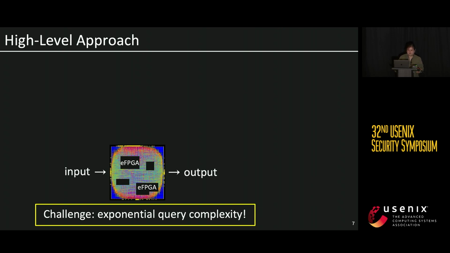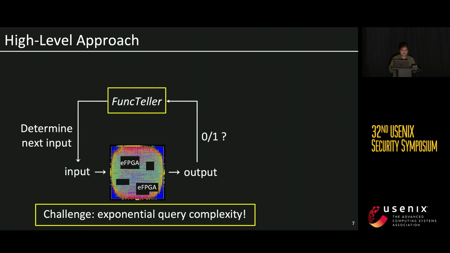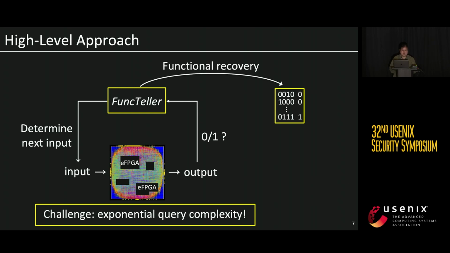So therefore, for FuncTeller, if we would like to extract the circuit's functionality, we consider extracting its approximate functionality while keeping a good trade-off between efficiency and effectiveness. The strategy is based on each query, whether the output is a 0 or a 1. FuncTeller analyzes and determines the next input pattern to be queried. With this loop, after multiple queries, FuncTeller recovers the functionality of the chip and thereby generates the predicted